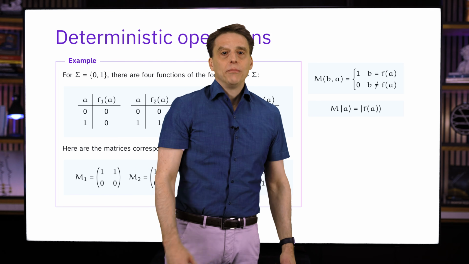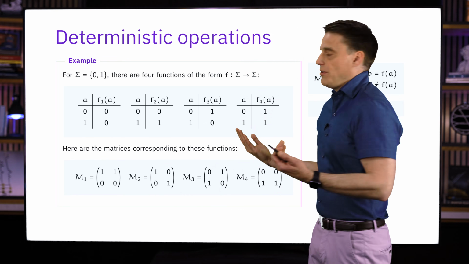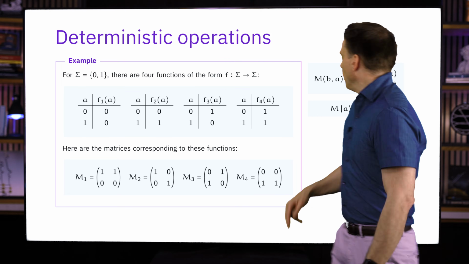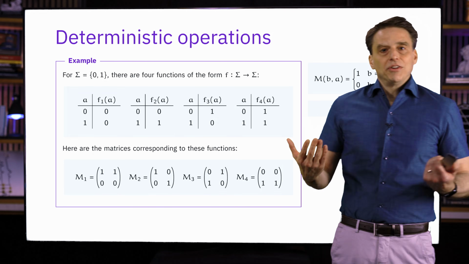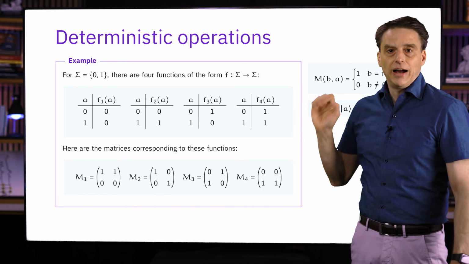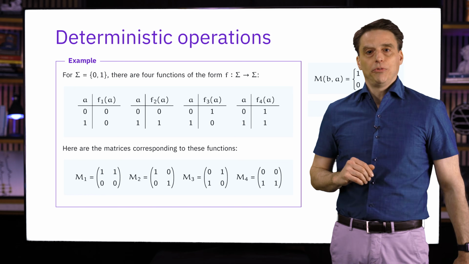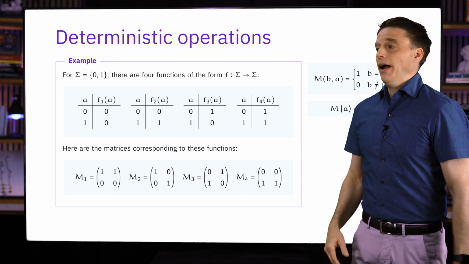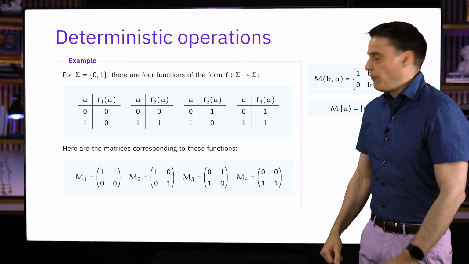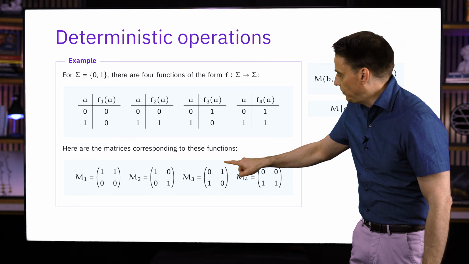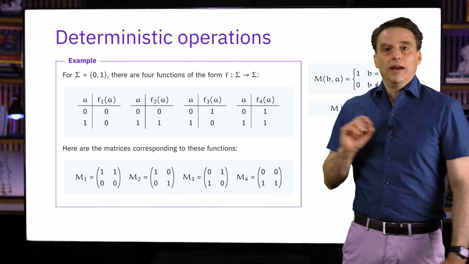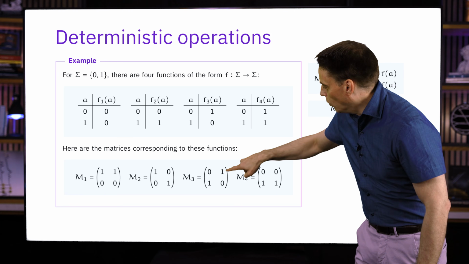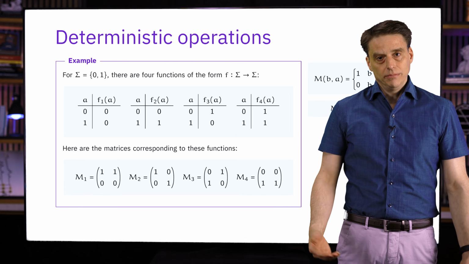And in fact, if you think about the way that matrix multiplication works, you can really just eyeball this. When you multiply a matrix to a standard basis vector like this, you can imagine that you're taking the input and dropping it into the top of one of the matrices, in whichever column corresponds to the classical state inside of the ket. And the output that you get is simply that column as a probability vector. So, for example, M3 multiplied to ket 0 gives you 0, 1 as a probability vector, which is ket 1. M3 multiplied to ket 1 gives you 1, 0, which is ket 0, and so on.